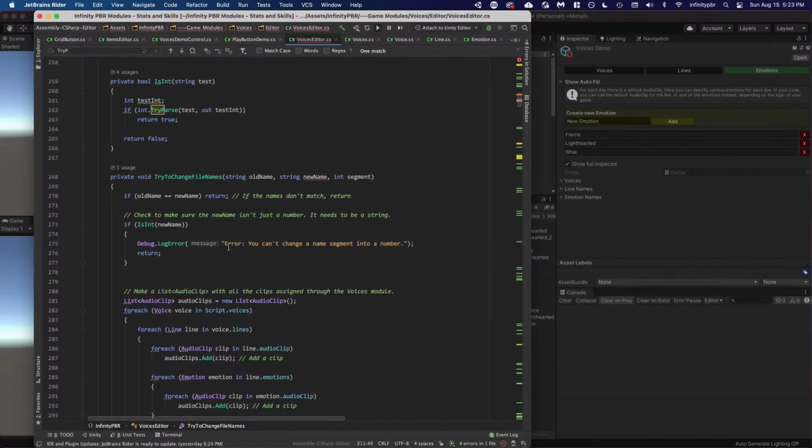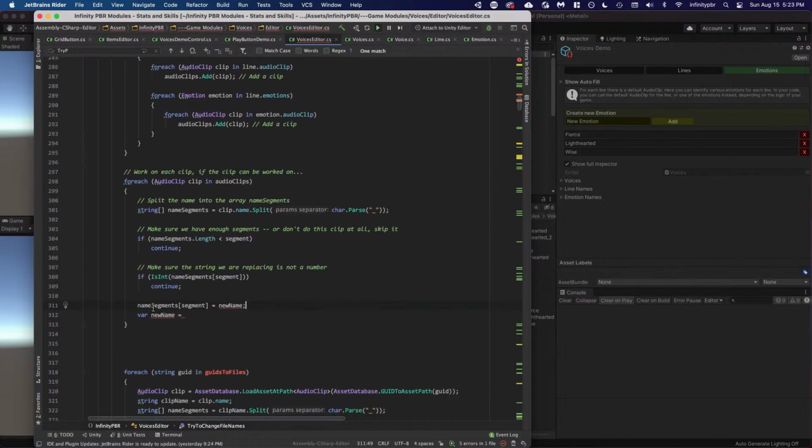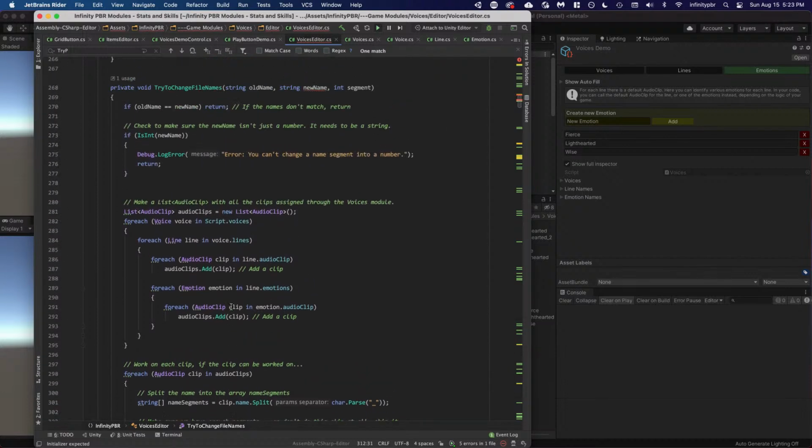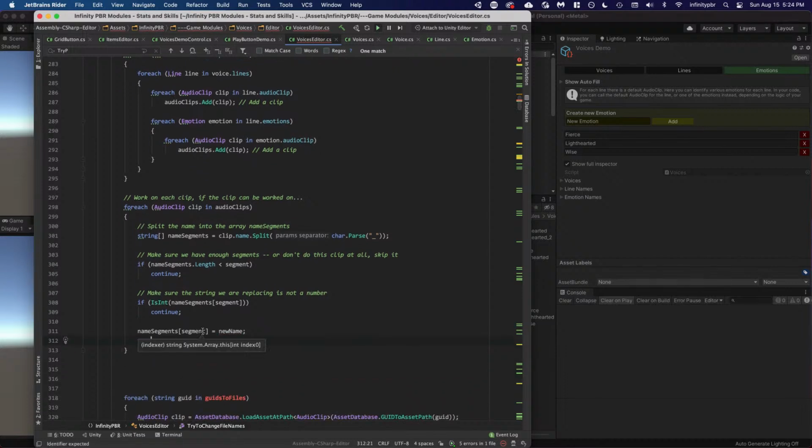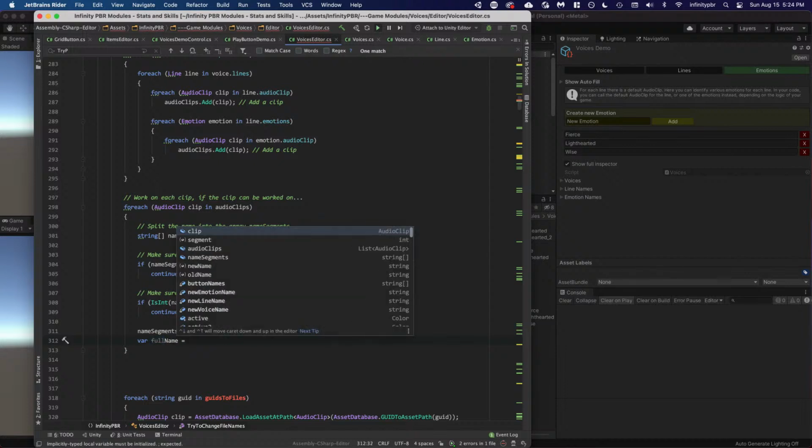Why is that underlined? How is this not declared? Oh, that's why. Full name equals